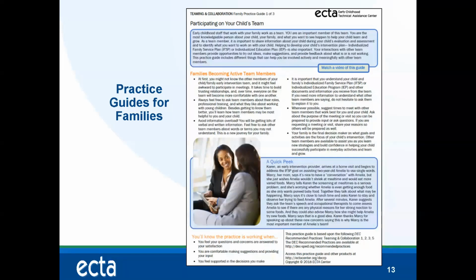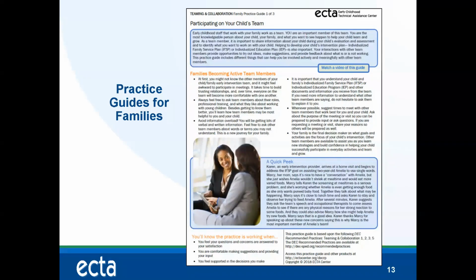Some of the things I wanted to point out about the practice guides for families is that they are intended for practitioners to share with families within the context of a conversation, ideally. We recognize that sometimes these are shared through newsletters and emails and so forth, but we really encourage folks to use these in a contextual format through conversations. And the way that might look for parent center staff, you may have a family contact you with a question. For example,